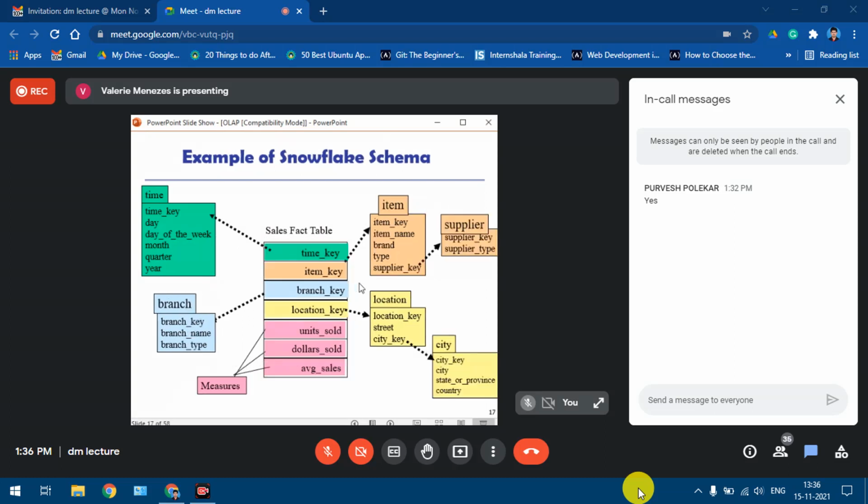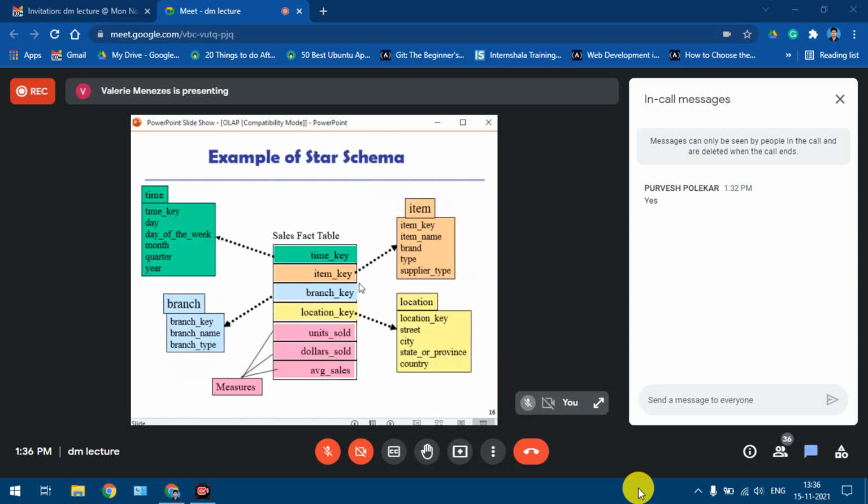Next we have a snowflake schema. Students, do you have this? Kindly confirm. Please do not be silent over here. I think some of you at least should have this because I had given this to you all. So do you have these schemas in your notebook? Kindly confirm, please. Can you please check your notebooks and confirm whether these schemas are there? Yeah.